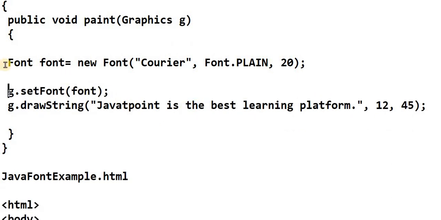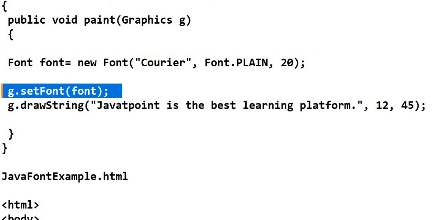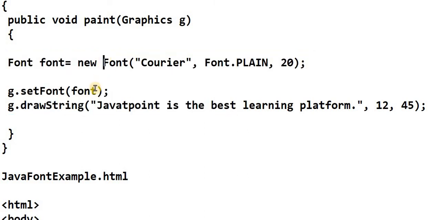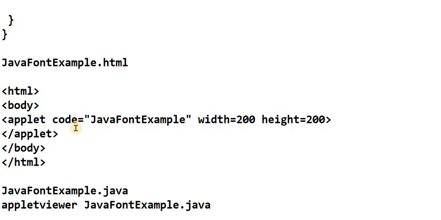Only three lines. Define the font, set the font, use the font. Define, set, use. Once that is done, we need to use it in our applications,